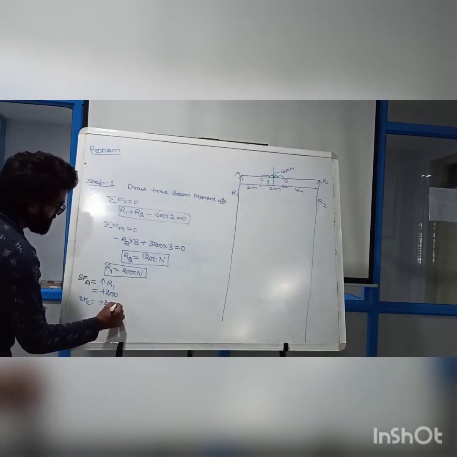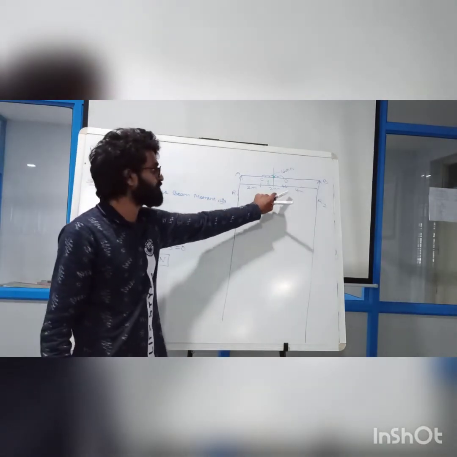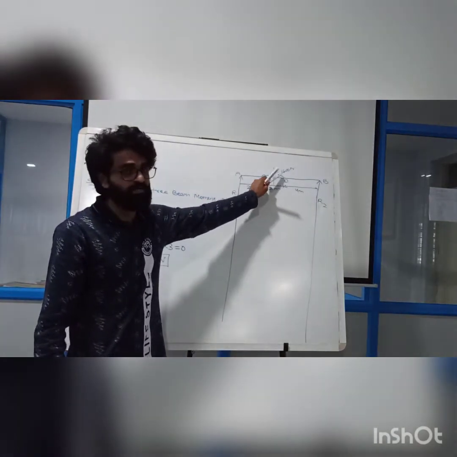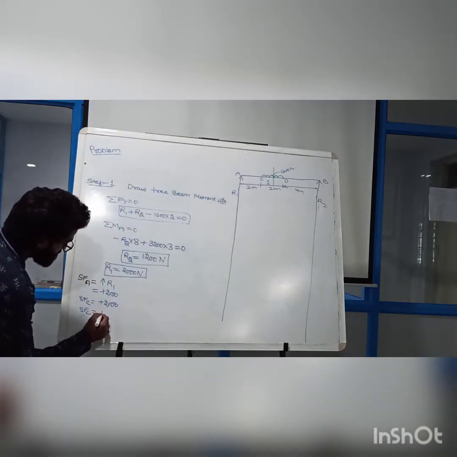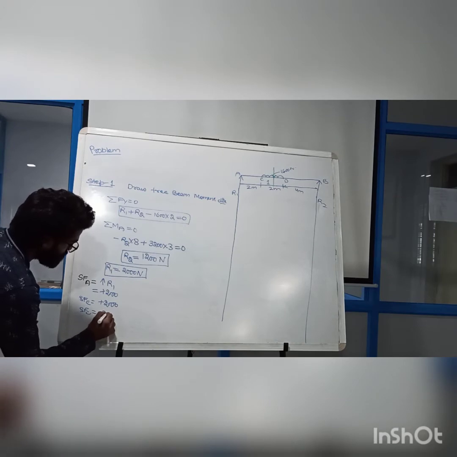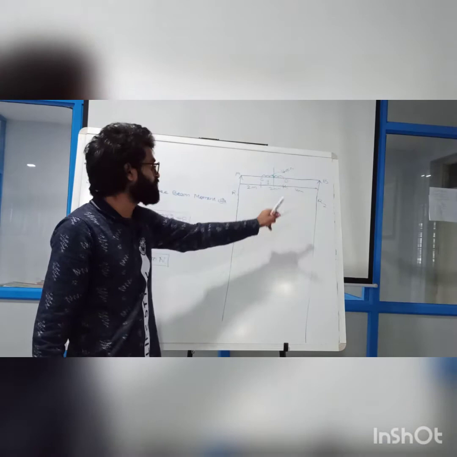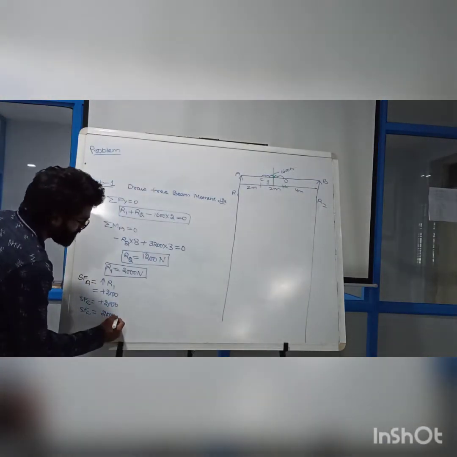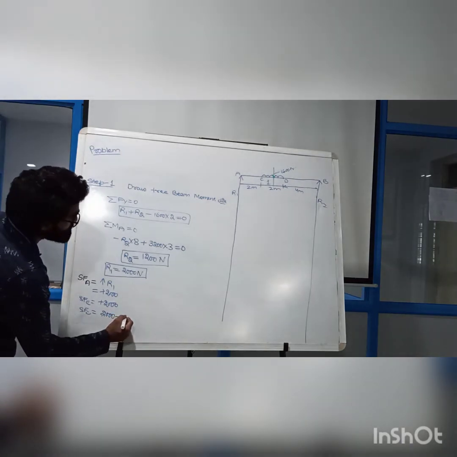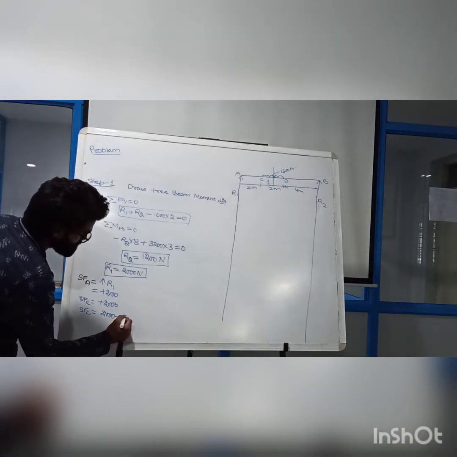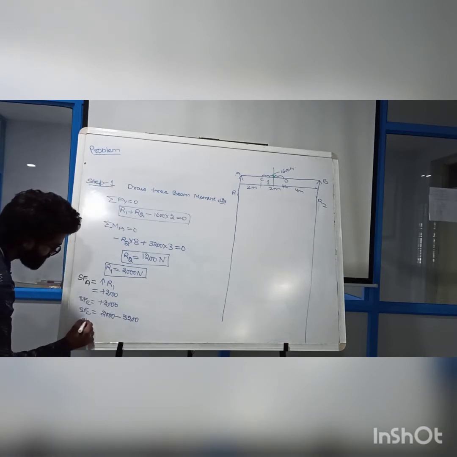If I calculate the shear force at D point, you can see the UDL is acting here, so I have to calculate for the UDL. First, 2000 is acting, so 2000, and here this is the UDL. The UDL is converted into a point load. What is the UDL converted into a point load? This UDL is acting in the downward direction, so minus, and this is 1600 into 2, which is 3200.